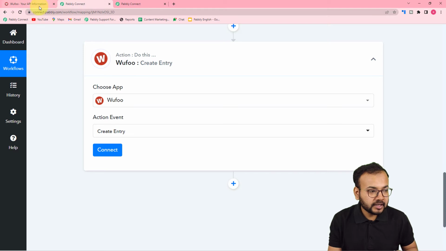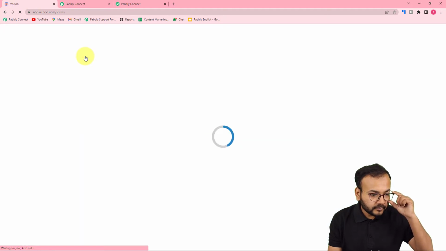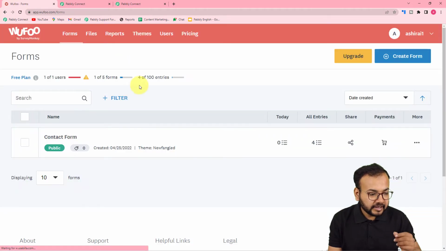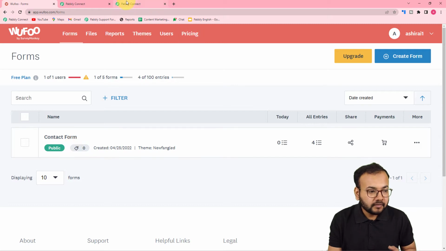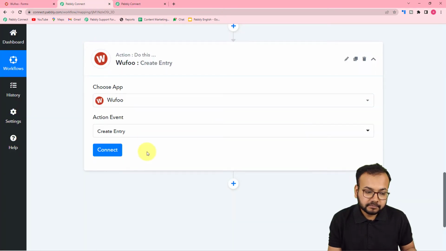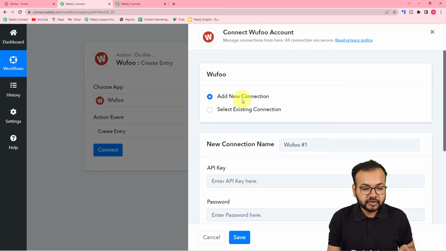Okay, so you can see this is my Wufoo application and these are the forms I have created. Basically, I have created a form here which is the contact form. Okay, so I want to take entries automatically inside this form. Okay, for that to happen, just click on connect here in your workflow, and from this window select add new